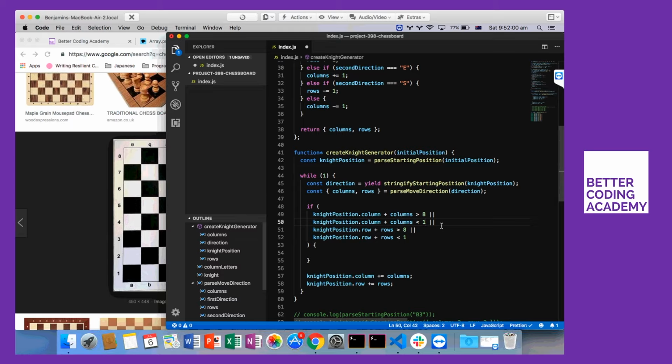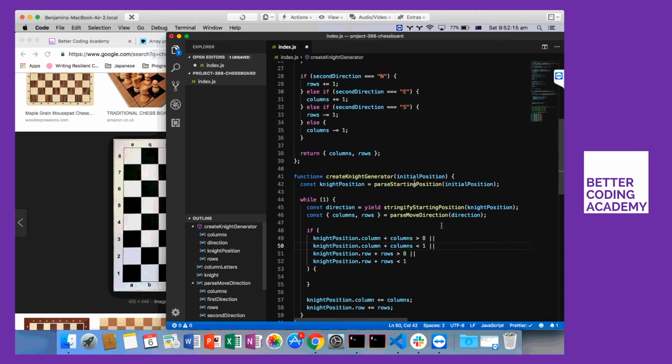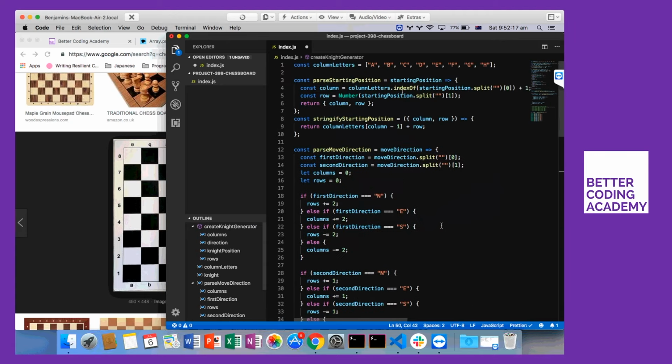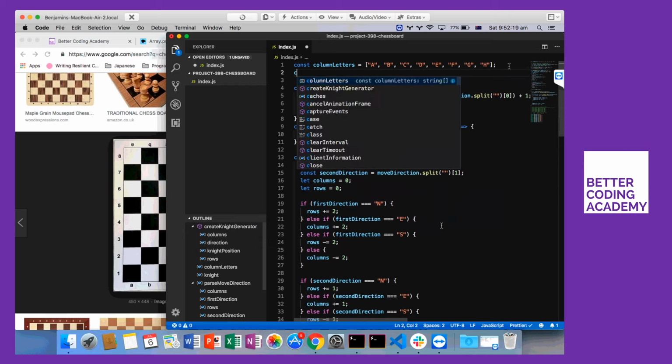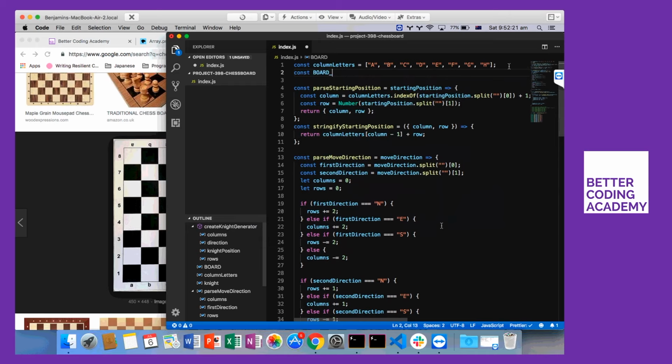Now, what do you think the name of this constant should be? Board size, board length. Yep, board size. I would say board size. I think that's fine. I wouldn't say length and width, because the assumption here is that it's square. You can make that assumption. Okay, I think that's fine. I mean, board size